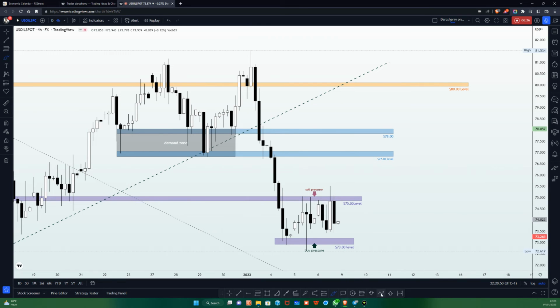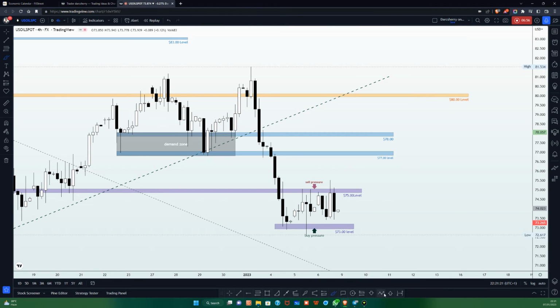Now we had a situation following the impulsive move to the downside here, and as soon as price tested the $73 level, we are caught within a situation where price is within a flat channel at this point, hereby emphasizing the indecision in this market right now. So there are a couple of scenarios that we might want to be looking forward to during the new week. Well, the first one is that this channel could turn out to be a trend continuation pattern,